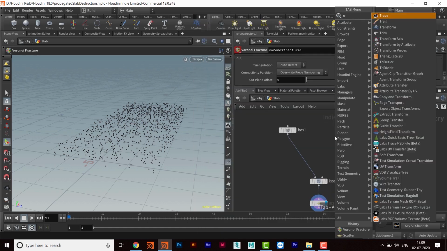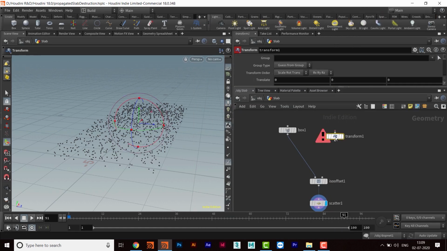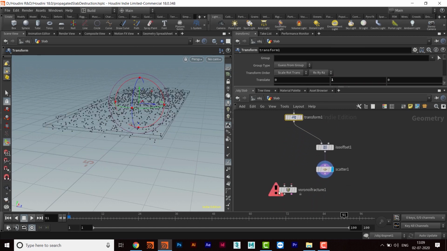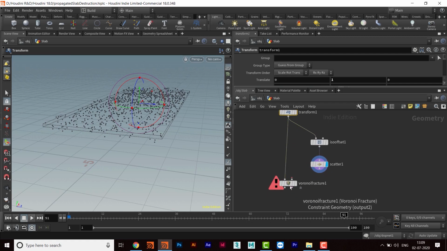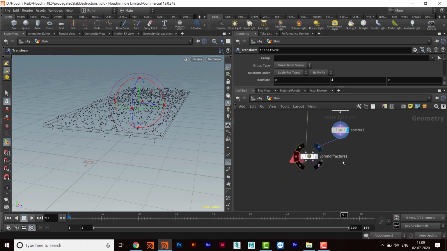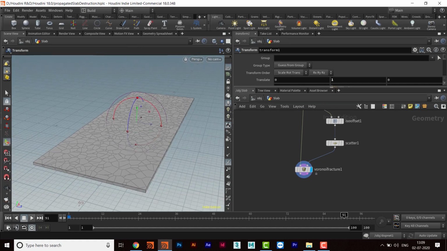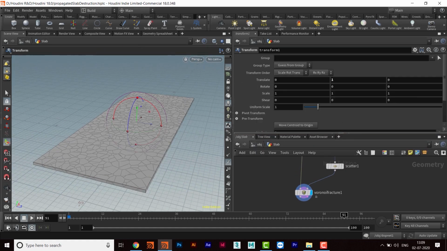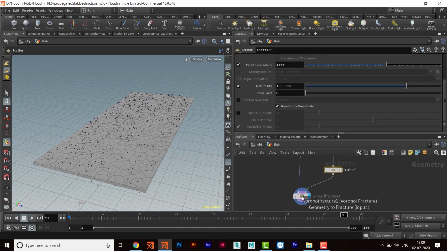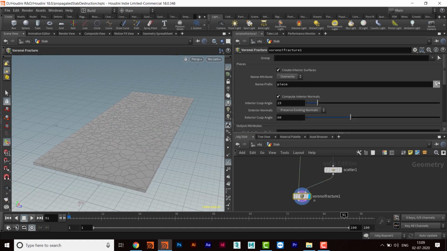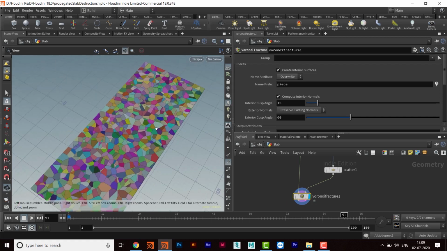So for that I will take a transform node and apply it here, and then I will set this value to 1 and connect this output to the first input and then the second input to scatter. Okay, so these are the scattering points we have, and these are the number of chunks.